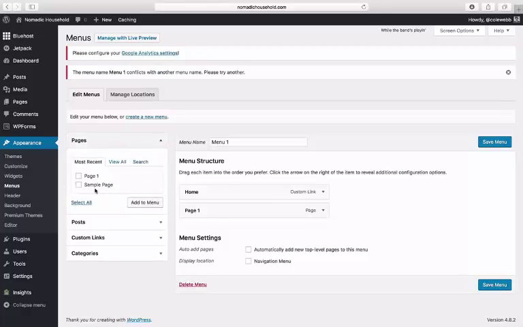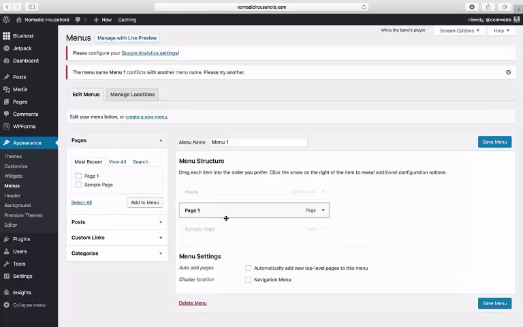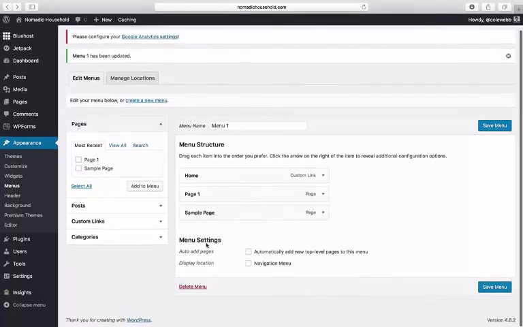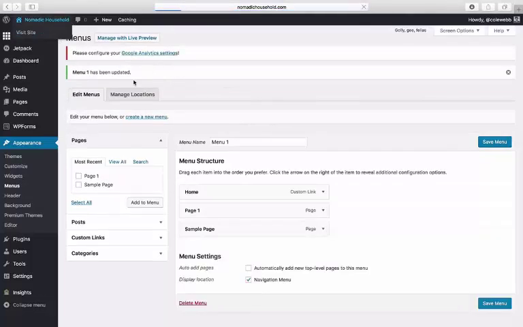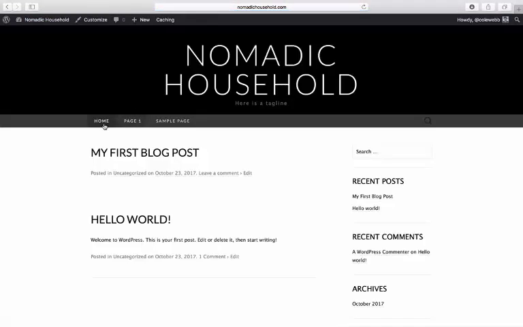And if we go to Pages, you can always add pages back in by checking them and clicking Add to Menu. So under the menu settings, we'll check Navigation Menu under Display Location and click Save Menu. Now we should have Home, Page 1, and Sample Page. So that's how you create a menu